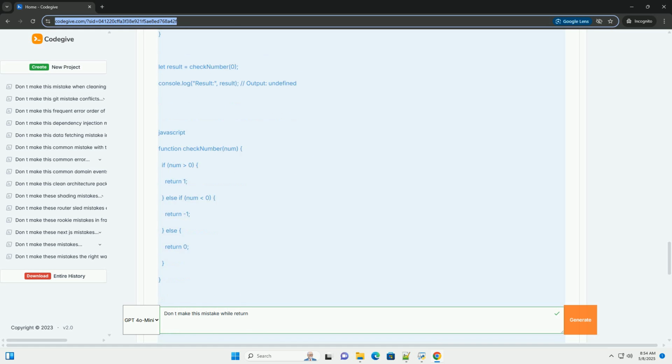Examples: Python. Corrected Python. JavaScript. Corrected JavaScript. Java. Corrected Java. C++. Corrected C++. How to avoid it: